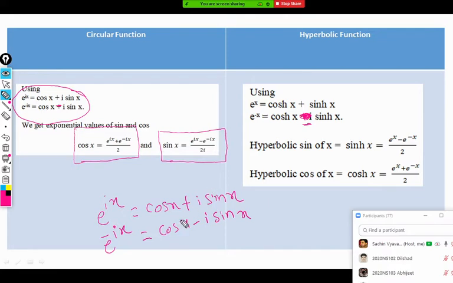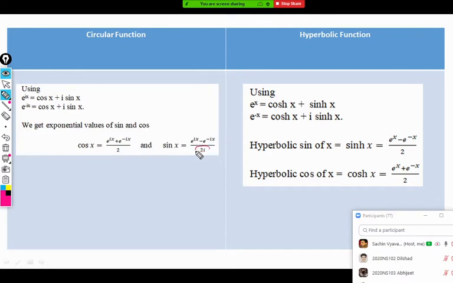Now if you add these two equations, we get the formula for cosine. Cos x is e raised to ix plus e raised to minus ix upon 2. That's the first formula, just by adding. If you do a subtraction, e raised to ix minus e raised to minus ix, you'll get 2 times iota sin x. Remember the most important thing, this is a place where many students make mistakes. The denominator of sin x is 2 iota, only that one. None of these three have the iota in the denominator. So sin x is e raised to ix minus e raised to minus ix upon 2 iota. That is the formula for sin x. So that is about the circular functions.